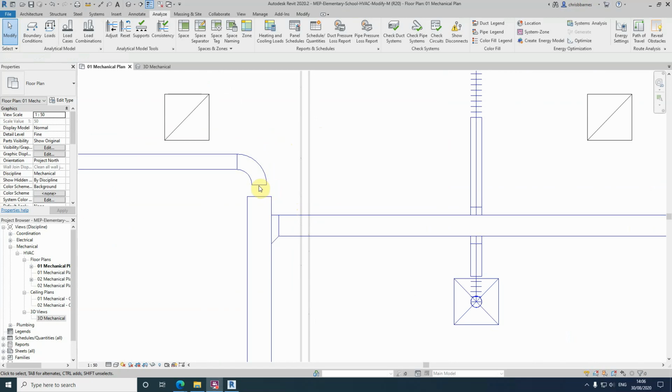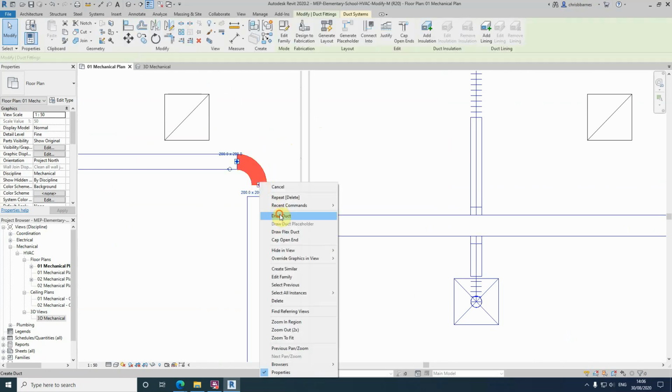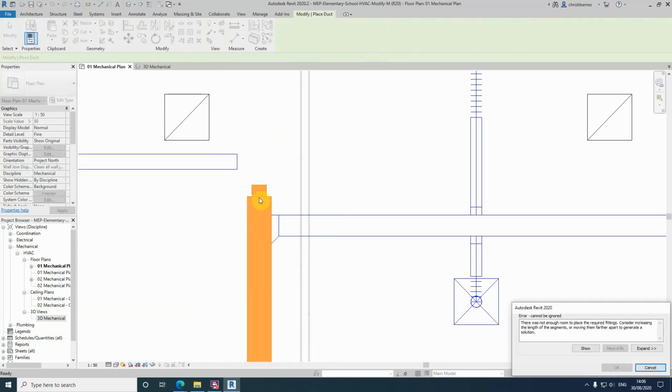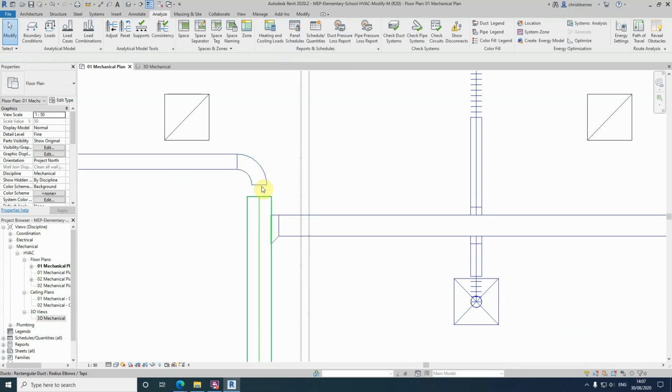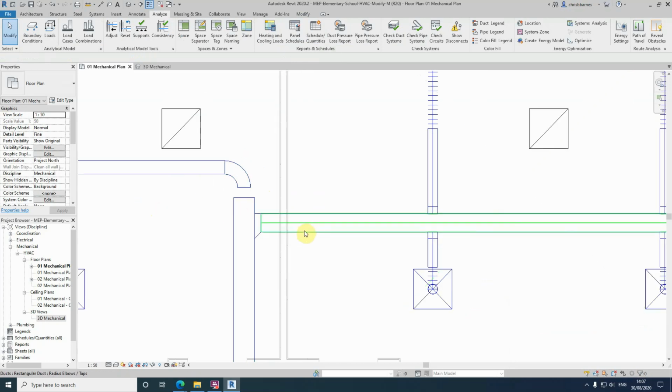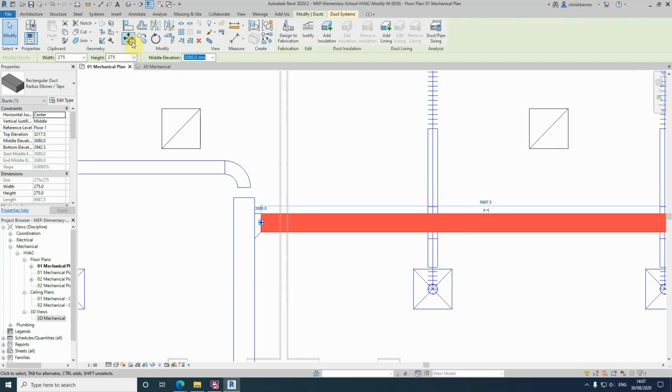So if we right click on here, draw duct, and try and draw through, it tells us it's not working. So we cancel this. The reason why is because we're too close to this duct to draw the duct through. It thinks it needs a duct before it puts a fitting in, whereas beforehand we just had a fitting. Now to do that, we're going to need to move this ductwork down, but this is in the way. So we're going to have to select this and move this down slightly,